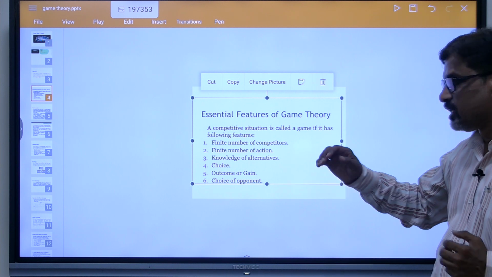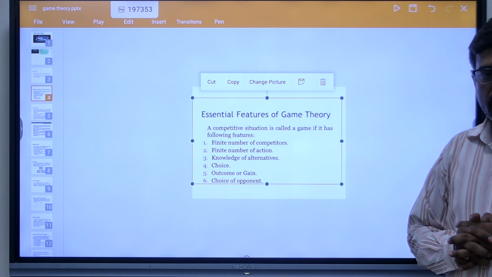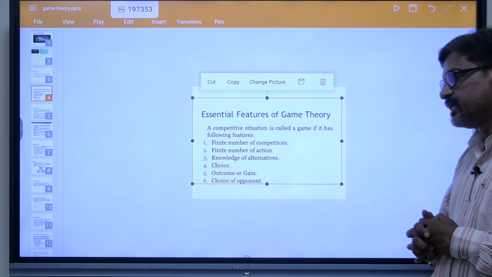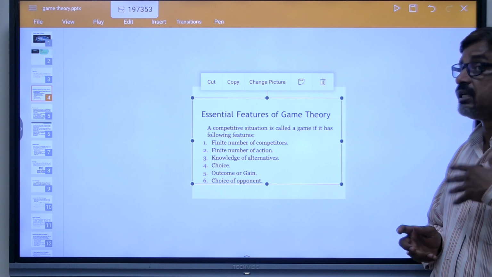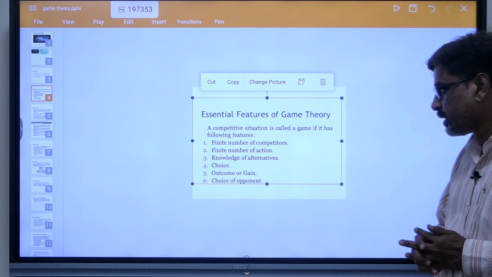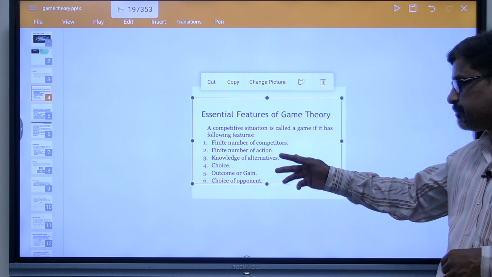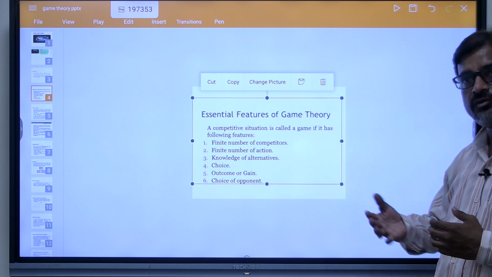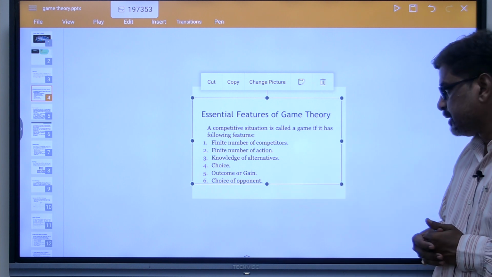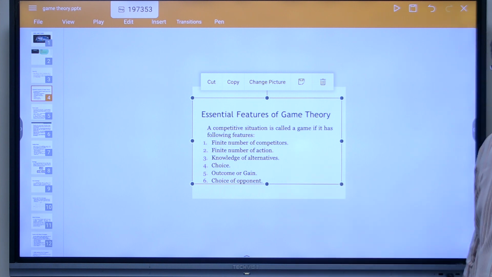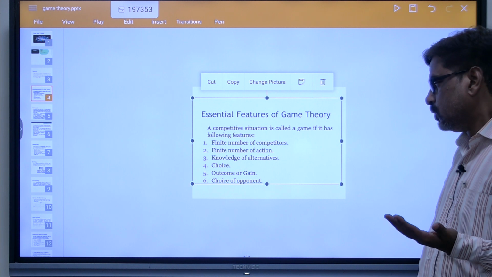Accordingly, we have knowledge of the alternatives. We should also focus on the various alternatives we have for a kind of strategy we are adopting or our competitor is adopting. Among them, we have the choice, because we can have multiple choices also, which selections we should make for playing our game. Ultimate outcome or the gain: there are only two chances, we have the profit or loss, gain or we lose.